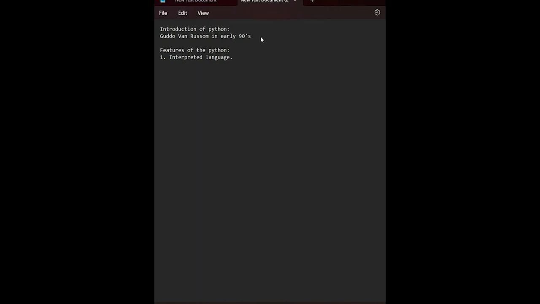Right. So what is meant by interpreted language? Interpreted language means line by line code execution in Python. Just like in other languages like C, C++, when we write the code, all the code will be compiled at once and it will give you errors for that code, and you have to find the error in that code, right?